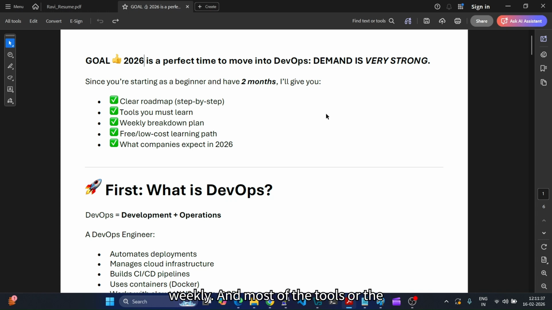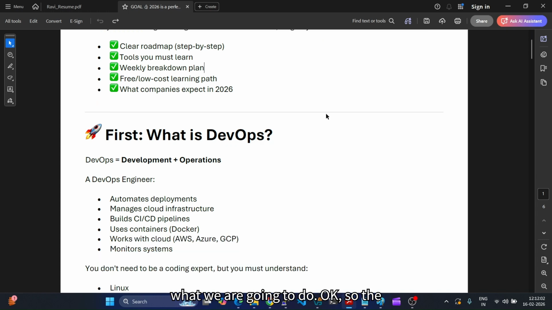Most of the tools and learning path we are going to follow are free or have very low cost. I will explain later on. After that, what are companies looking for in DevOps in 2026? If you go to LinkedIn and search for DevOps jobs, you will get many job openings related to DevOps. So that is overall what we are going to do.